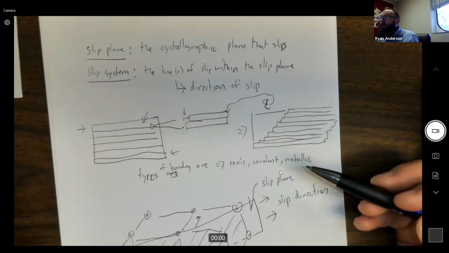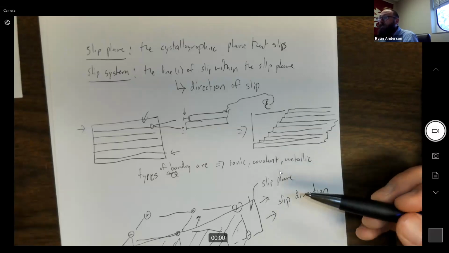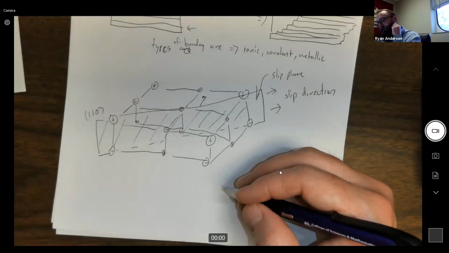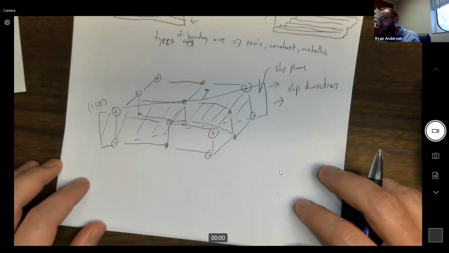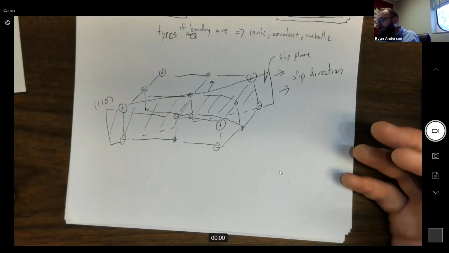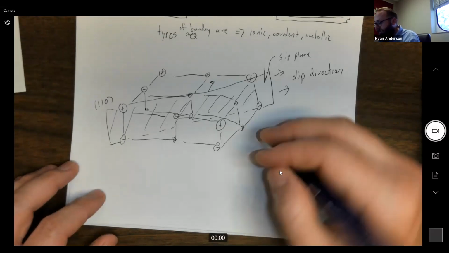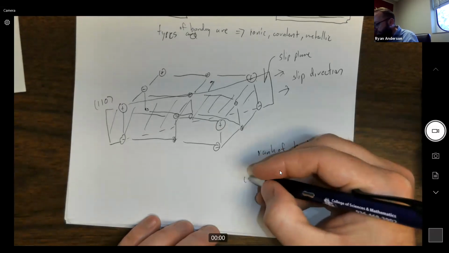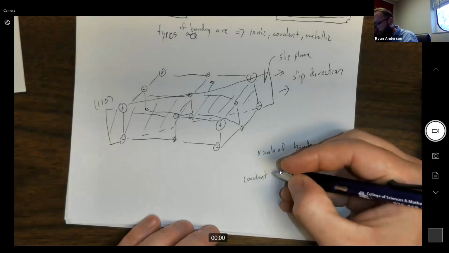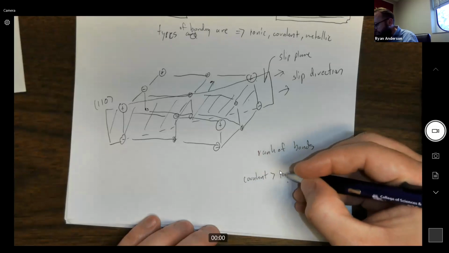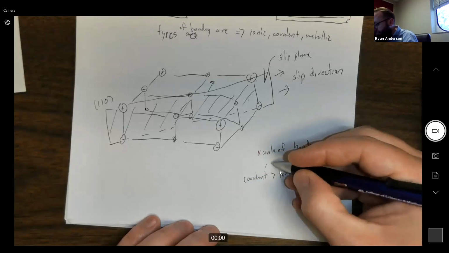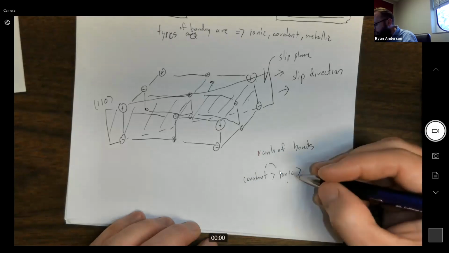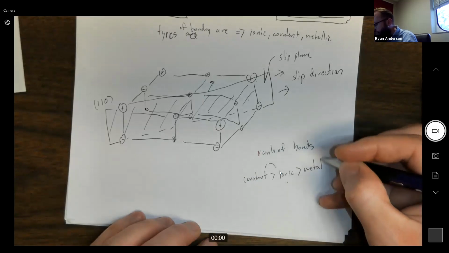And so bonding is really important, the overall strength of the bond. We can rank bonds in terms of, generally speaking, how strong they are and how strong a material or crystal lattice will be depending on the type of bond it's held together with. So our rank of bonds is as follows. Covalent are the strongest. They're much greater than ionic bonds, and materials that are both covalent and ionic are stronger than ionic bonds alone, and covalent and ionic bonds are both much stronger than metallic bonds, and